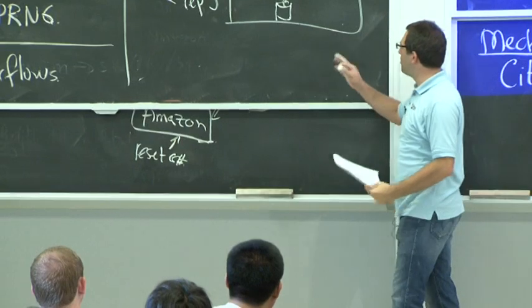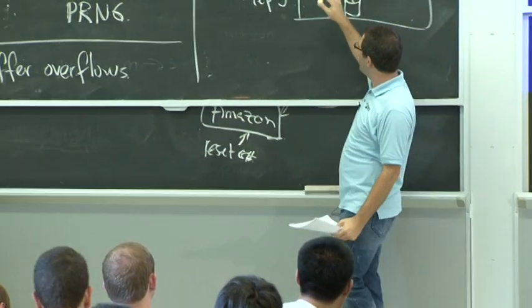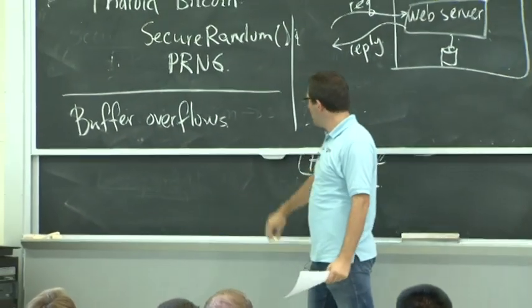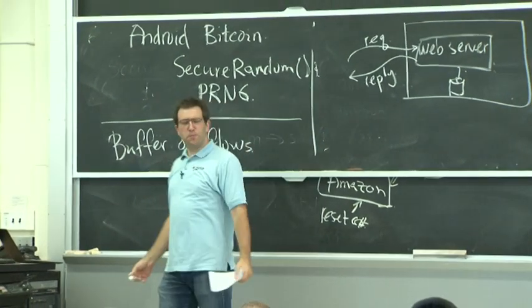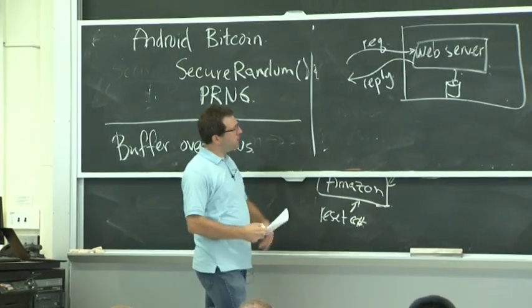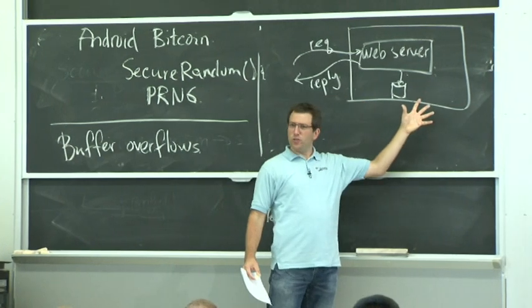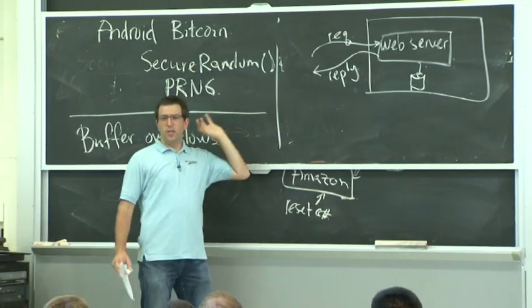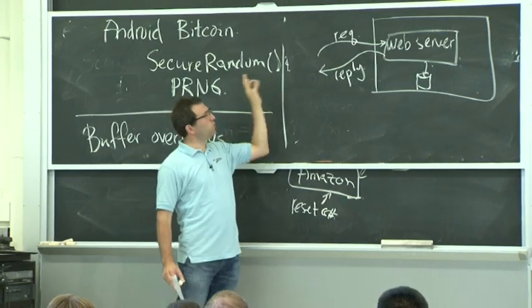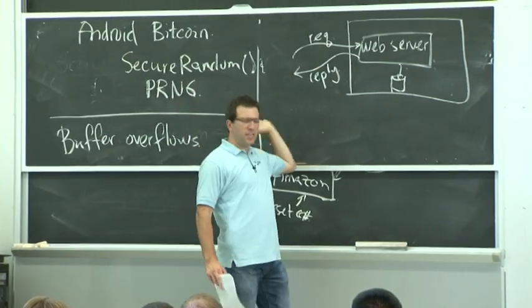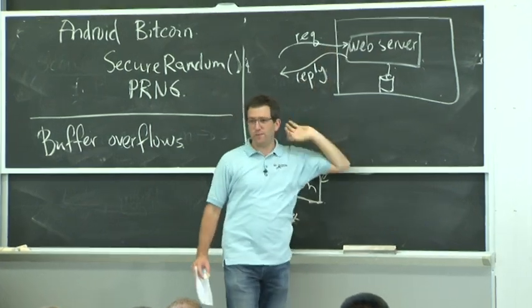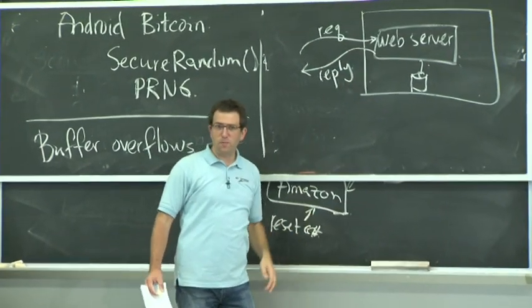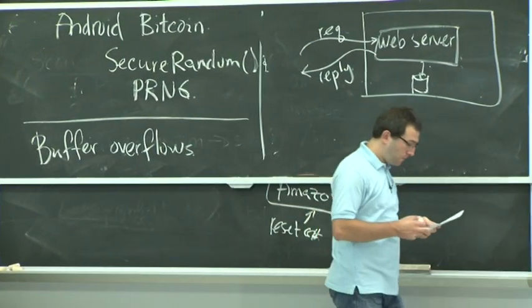But in this case, let's go with some intuitive version of, the web server should do what the programmer wanted it to do. And the threat model is probably that the attacker doesn't have access to this machine, can't log into it remotely, doesn't have physical access to it, but can send any packet they want. So they're not restricted to certain kinds of packets. Anything they can shape and deliver to this web server, that's fair game. Seems like a reasonable threat model in practice to have in mind.